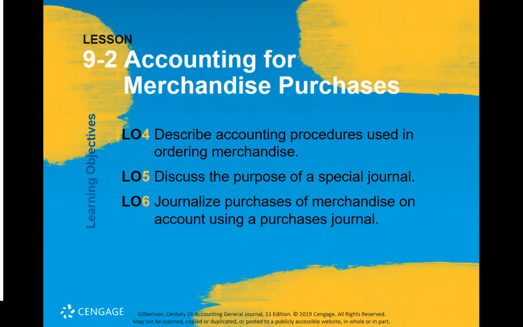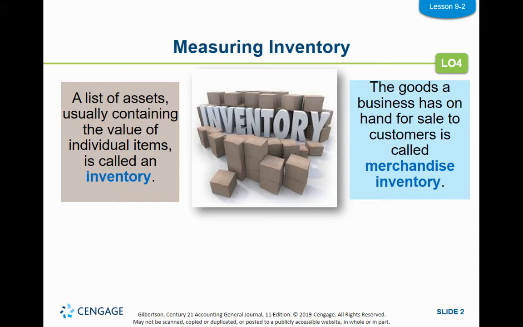So doing the transactions for purchasing that merchandise follows right in line with that. So a couple of things. First of all, we need to talk about inventory. So inventory is basically merchandise. It's basically just a list of all the assets that are of value